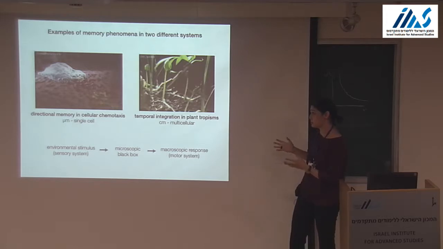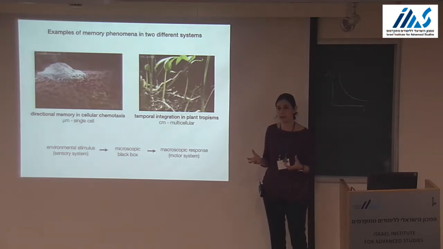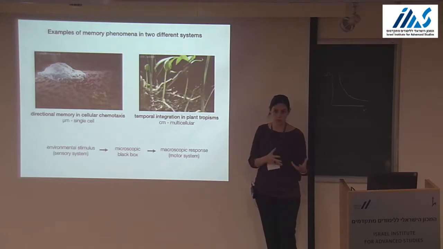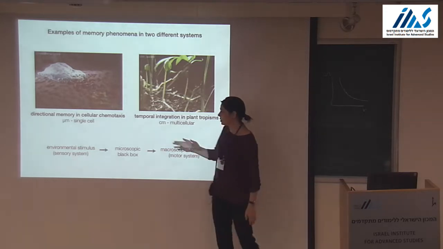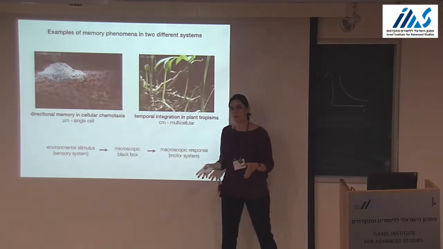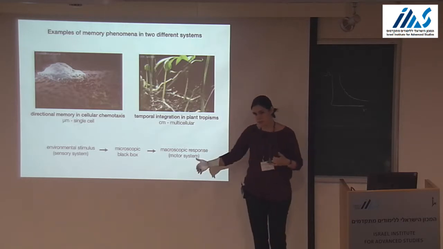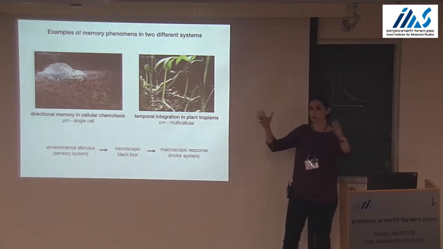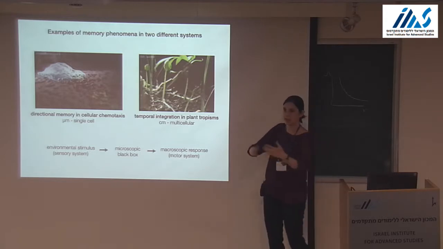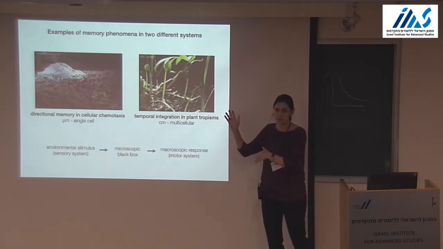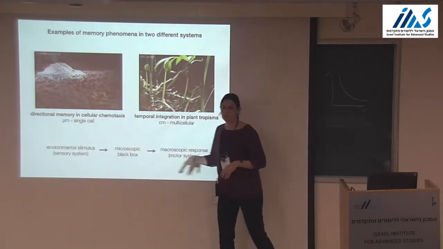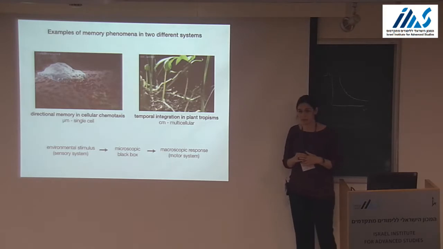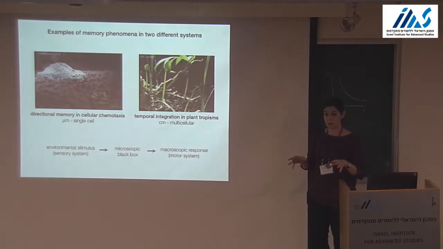In both of these systems, and in general, we can identify a motor system and a sensory system. And then there is this very simplistic dogma, if you will, that the environmental stimulus affects the organism through the sensory system. And the end result is a motor response of the whole organism, right? The cell moves, or the tiger moves, or the plant, well, here it's actually a growth response, but still. And in between, there is this black box of various microscopic processes, which are inherently stochastic, right? This is the signal transduction.